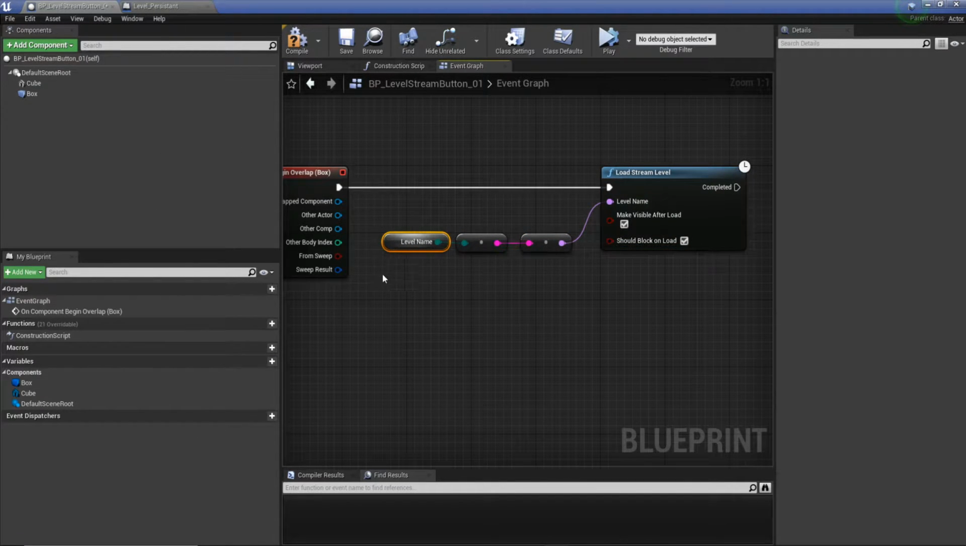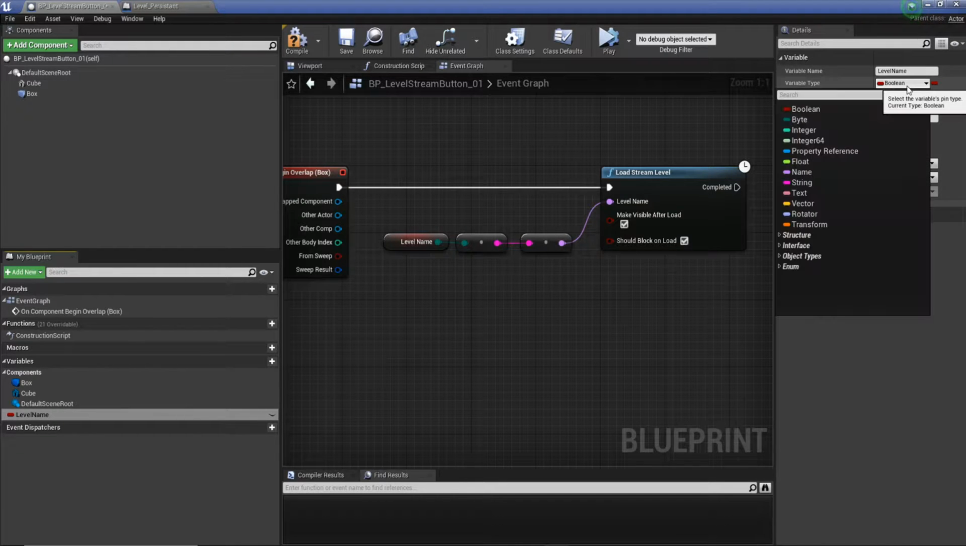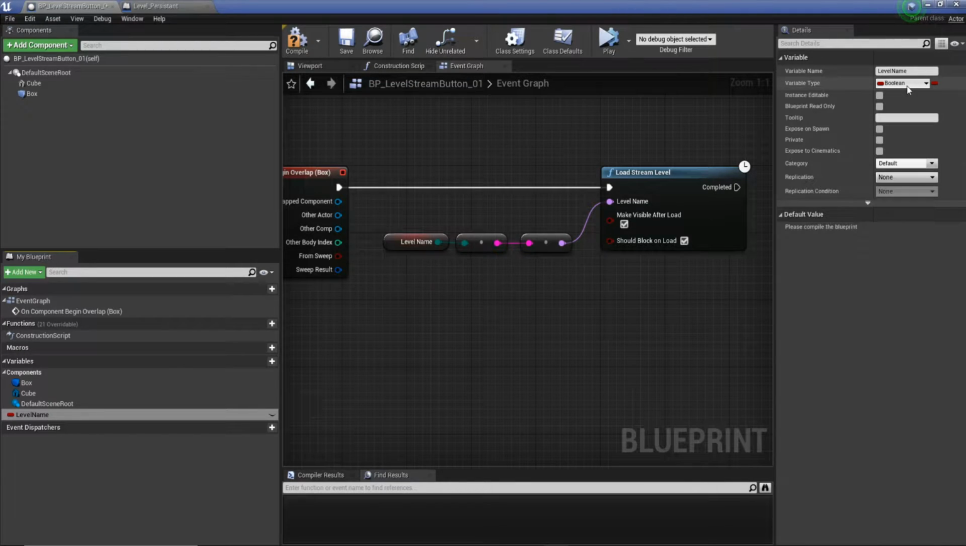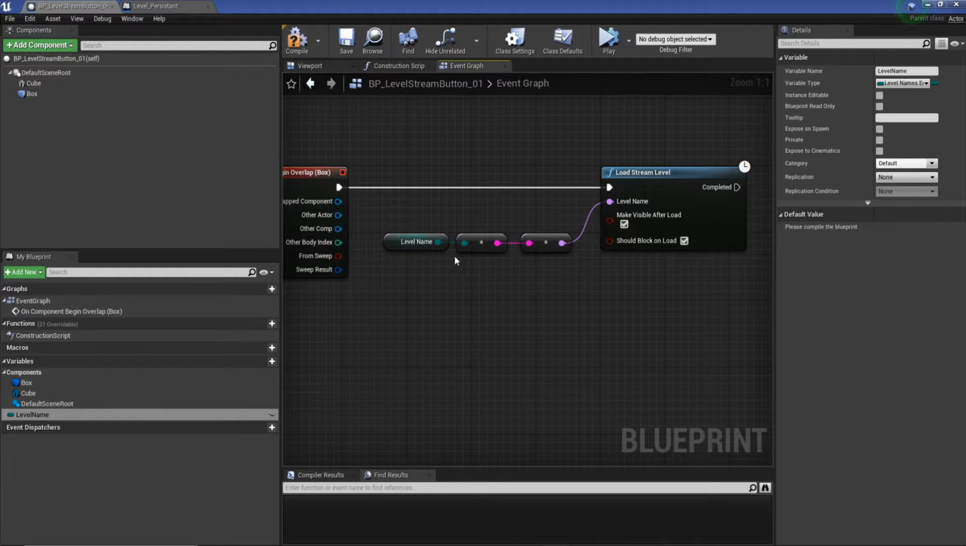And we just need to make sure we have our enum. So variable level name, level name's enum. Okay, excellent. So that's all set up. We need to compile. There we go. File, save all. We'll close this down,